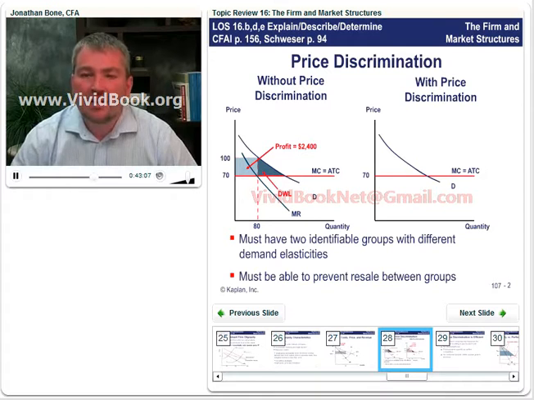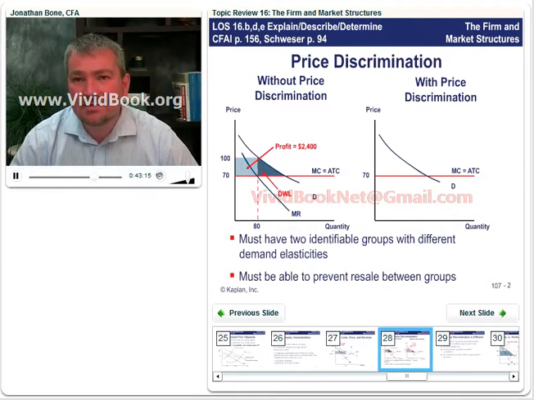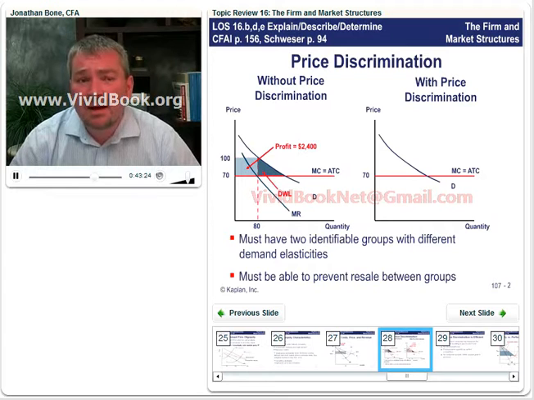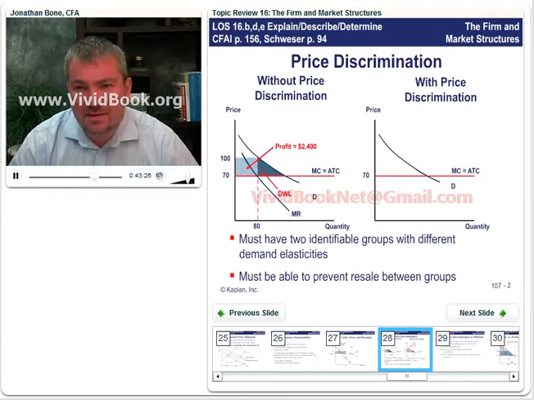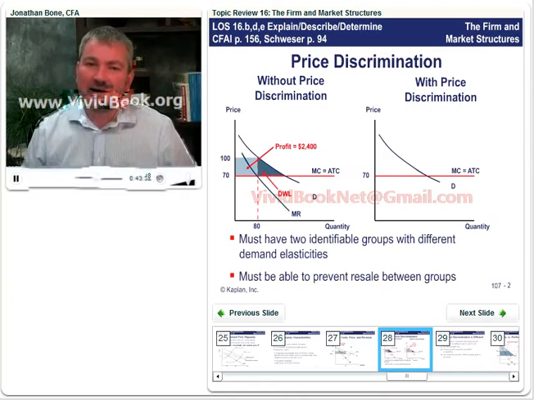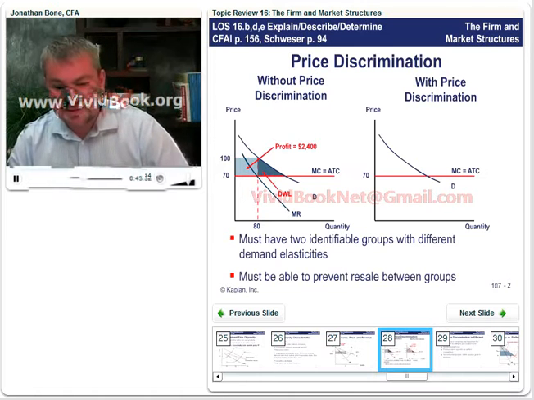Now, with price discrimination, we're going to charge a higher price to people that have more inelastic demand. Okay, so different prices to different customers. Now, you probably experience this on a daily basis yourself. With commuting, I commute in London, and you'll find that the price of a London Underground ticket is more expensive during the rush hour. Our issues are when you've got an uncompetitive industry and less elastic demand, because of course then we're going to start to see economic profits being generated.